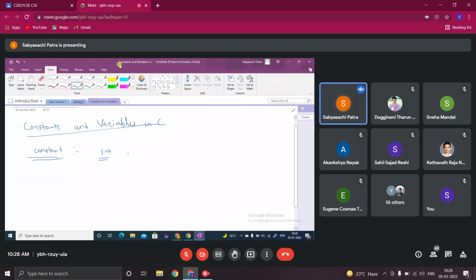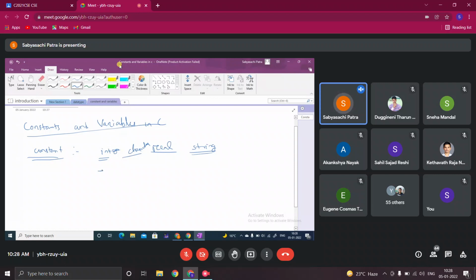So you have different types of constants. You can have an integer constant, a character constant, a real constant, or you can have a string constant.